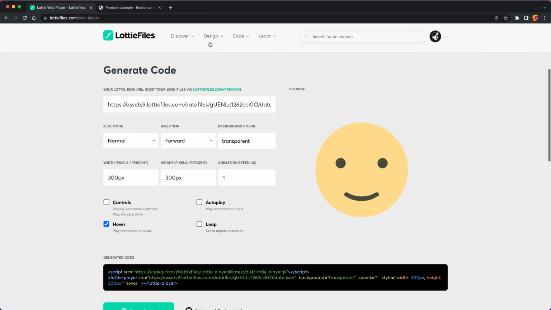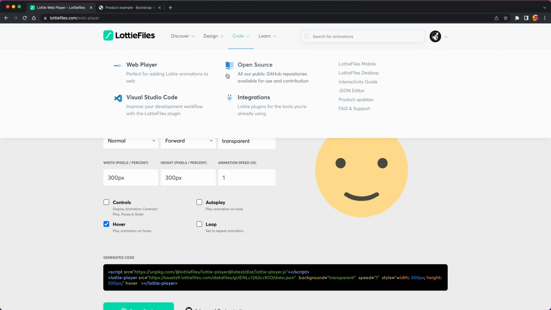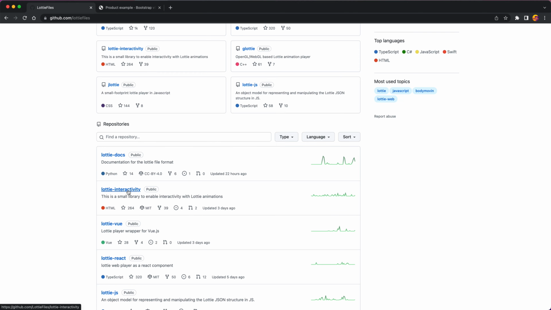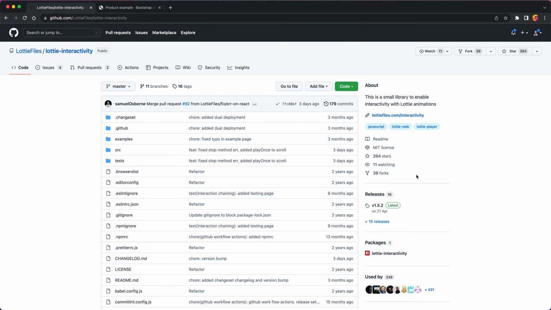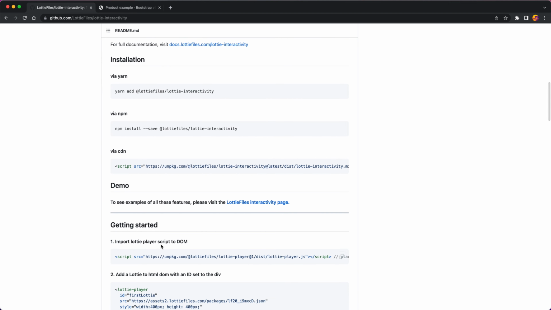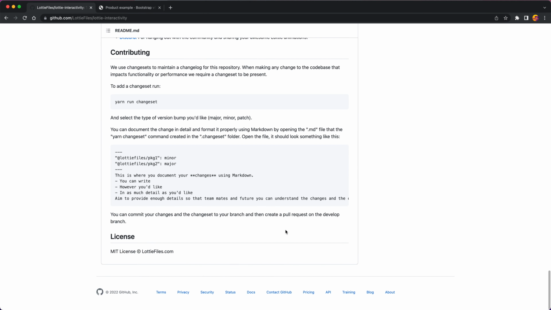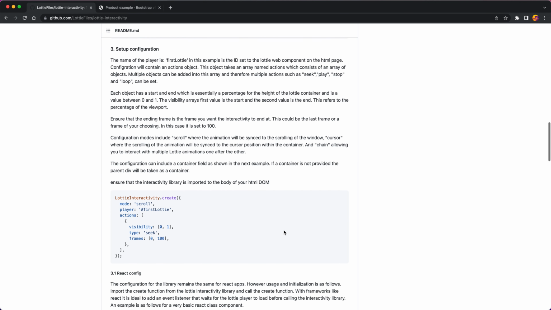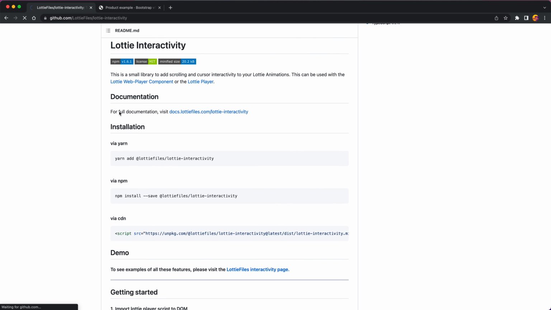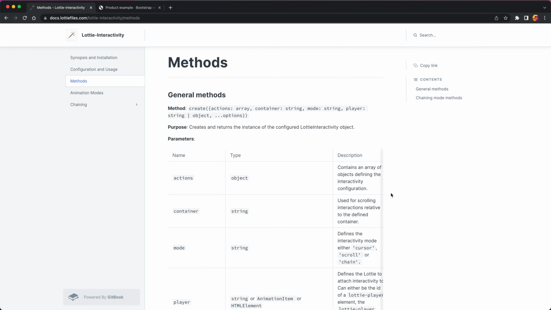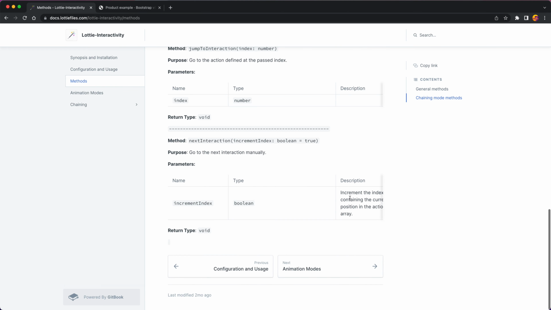But if we wanted to learn more, we can go up to our code and we can head over to, if I can find it, here we go, this open source GitHub reference. And somewhere in here, I think it's this Lottie interactivity. You just click into here. There is a ton of information on even more tweaks we can make. And if I just scroll down, sorry, it's here for the full documentation. It's docs.lottiefiles.com/Lottie interactivity. And there are loads of different ways you can do things. So full documentation,